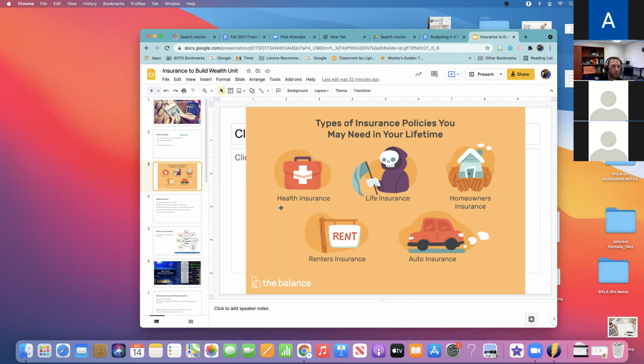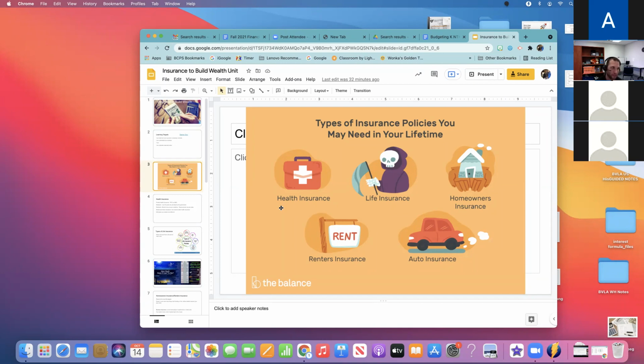Okay. Now, when you look up the vocabulary words, don't just Google it and then copy and paste the first thing that comes up. I'm going to know that. I've seen kids do that, and it frustrates me that I'm trying to teach a unit on insurance, and I want you guys to own your learning and look up some of the words first so you can come back with questions. And you're giving me a definition of something completely out of the context of insurance, because the words have meaning in everyday use, and then they have a meaning in the world of insurance.